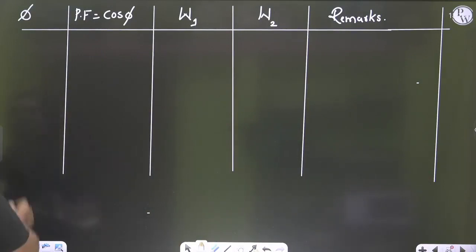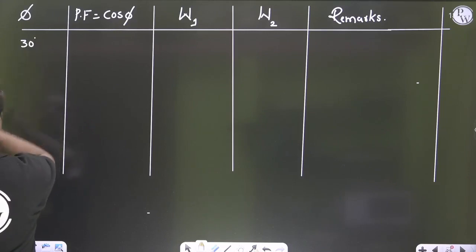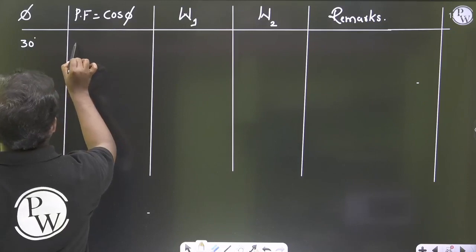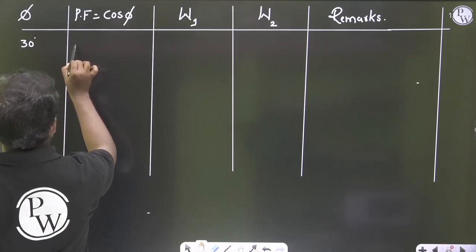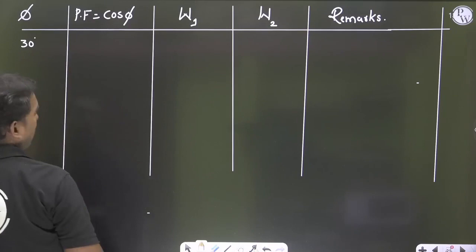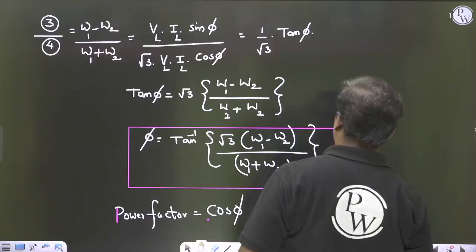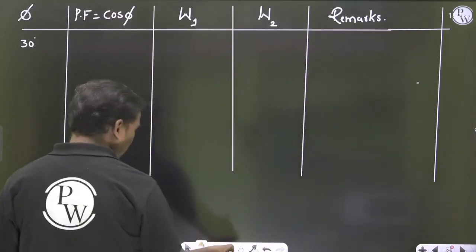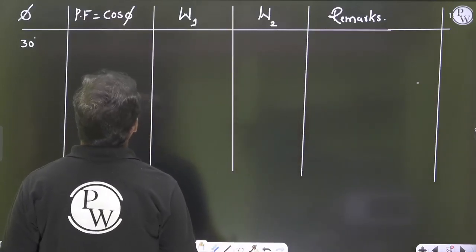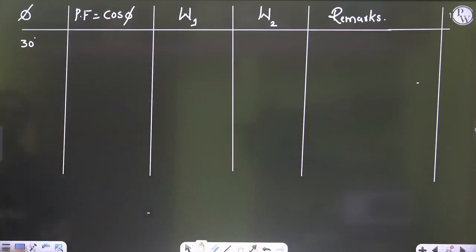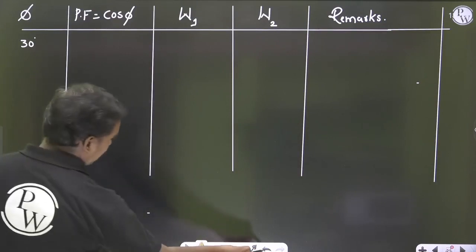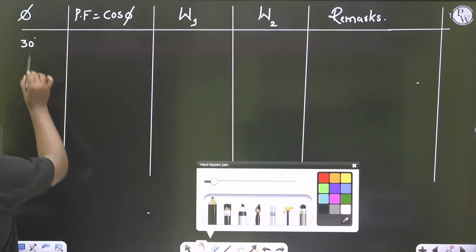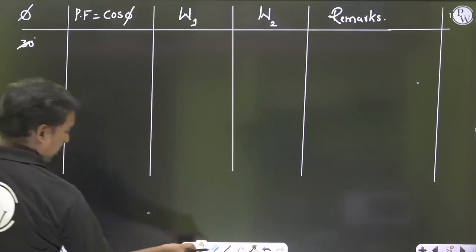Yeah, we'll start with, suppose, 30 degrees. Power factor cos 30. We take the W1 reading. Let me take W1 is equal to what? Let us take readings 30, 0, 30, 60, 90. That is the best. So let me take this as